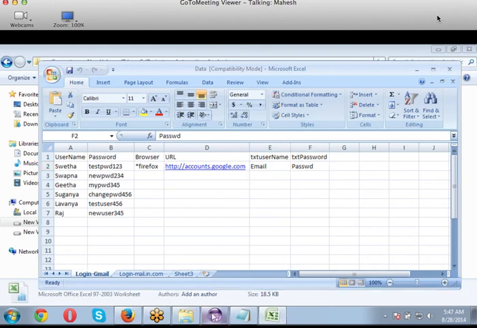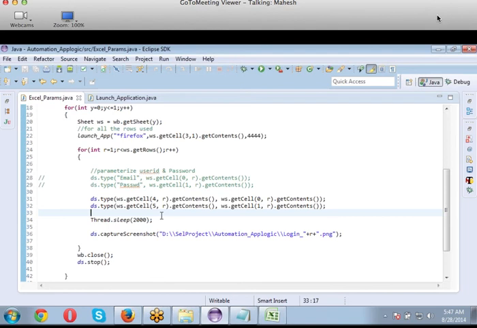Okay. Why is it not going for the second then? We haven't told it not to go for the second here. Yes. Every time we told ds.type the same values: 4, r, 5, r, 0, r and 1, r. They should change, right? Yes, see, this 4, r is for the second user also.